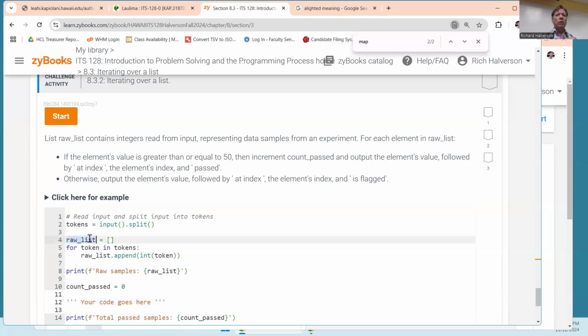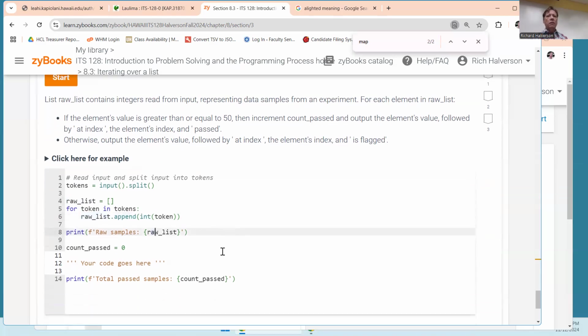Okay, so we have this raw list, which we create by first reading in a string and then splitting that into tokens. And then we loop, and for each token we make an integer out of it and then we append it to this raw list. And then we output that raw list. And then we're going to do some passes, it looks like, and this is our loop. For each element in raw list, if the element's value is greater than or equal to 50, then